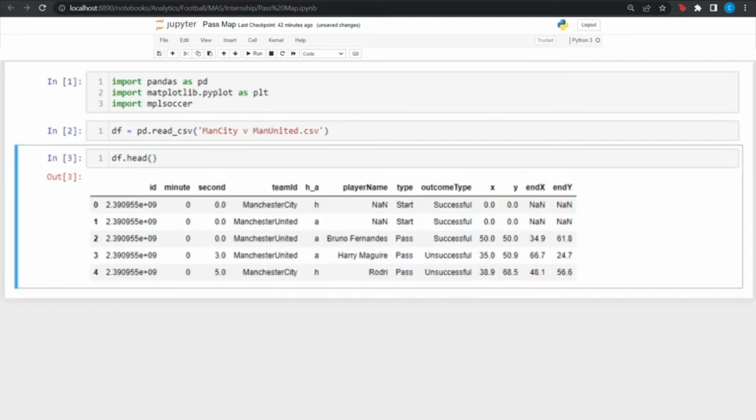So as we can see in this data set, an ID is available, the minute throughout the 90 minutes, the seconds in which each action occurs, the team ID which has the team names, and the player names. H underscore A represents the home team and the away team respectively, and type, which has the type of actions, start, pass. If you expand it, you'll find all the other actions like tackles, and the outcome type. Outcome type tells us if the action, let's say a pass over here, is successful